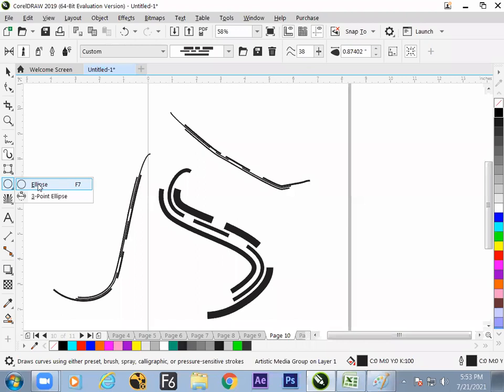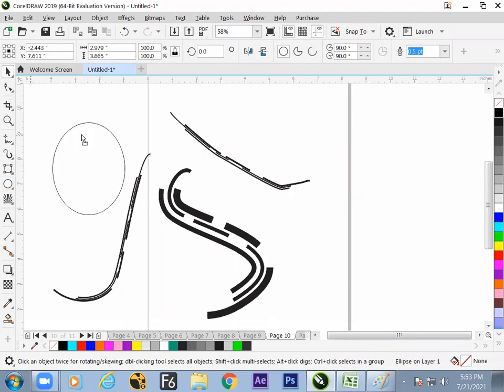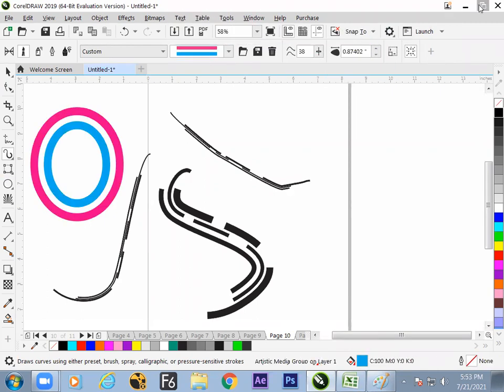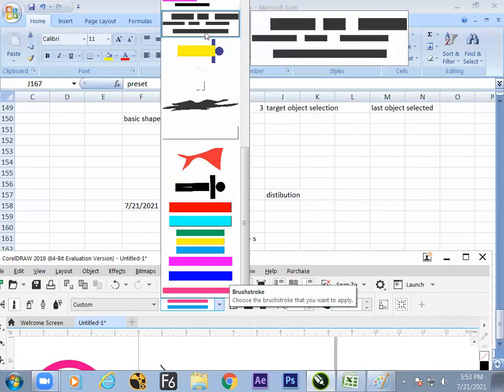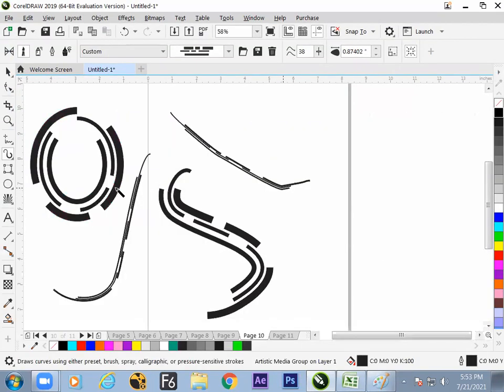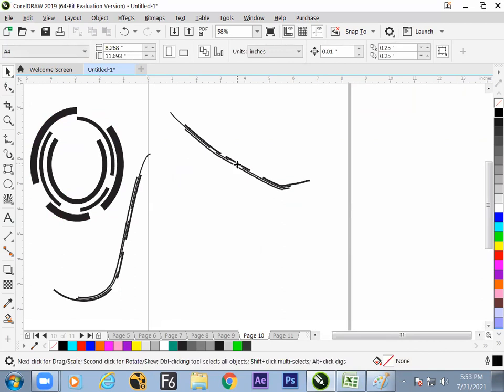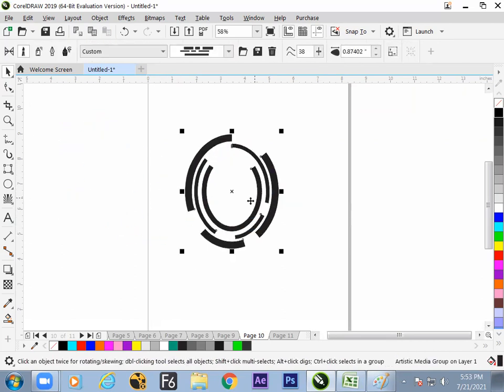And the next part, if we need to apply this particular style over this, yes, it is possible. You can switch to the artistic media and get that design to get active. Go for OK. So hope we can see in television series and all, a lot of this kind of designs are done to be animated. And we can draw this in very little time with CorelDRAW, with the option artistic media brush. So a user-defined design can be applied to the basic object with the help of the brush in CorelDRAW.